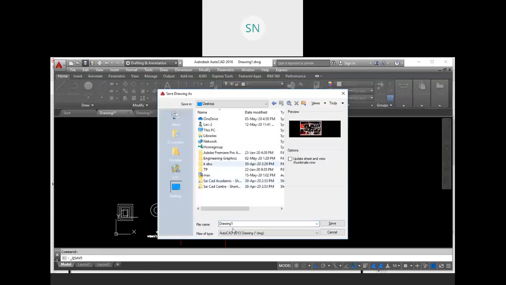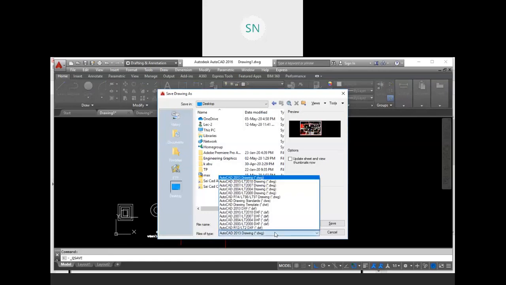Choose your location, whatever your name, but over here we have the last option, files of type. From here you have to select AutoCAD 2000/LT2000 drawing DWG, right? So what is this format?